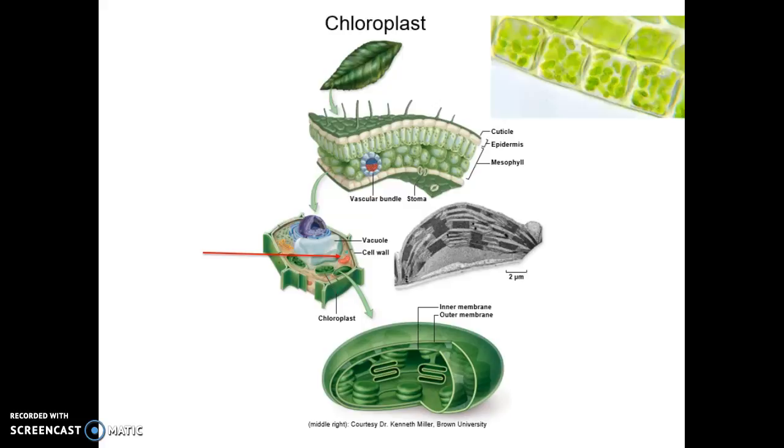Animals typically don't have this. As a human, we're not green. We don't have chloroplasts. We cannot run photosynthesis. So the key structure are these little green ovals. They're primarily found in the leaves of plants. Sometimes they'll be in the stems, depending upon the plant type, but primarily the leaves.